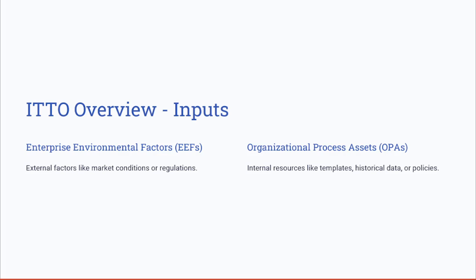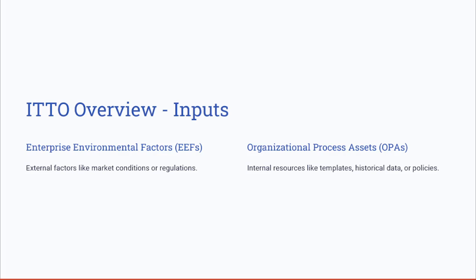These are the common ITTOs, or inputs, tools, techniques, and outputs, for the initiating process group that we have covered before, including the EEFs and the OPAs, which stand for the enterprise environmental factors and the organizational process assets. So the inputs to the initiating process group include the enterprise environmental factors, the EEFs, and the organizational process assets (OPAs),